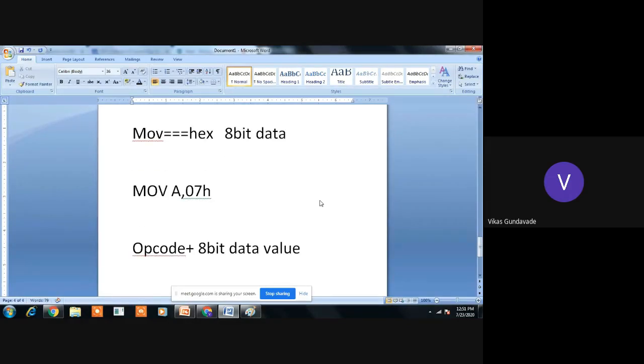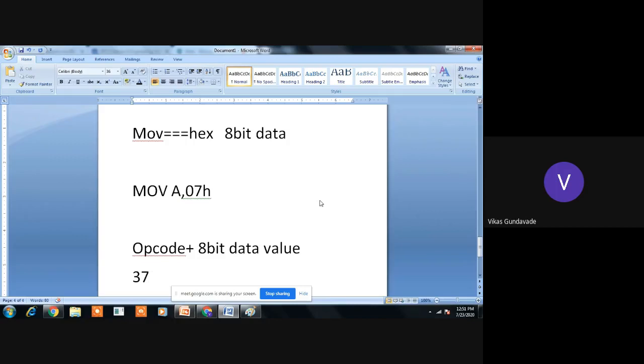Now this opcode will get converted into a hex number. Let's say the hex number is 37. This is just an example; 37 is not actually the opcode of MOV A, but I am assuming it as 37.